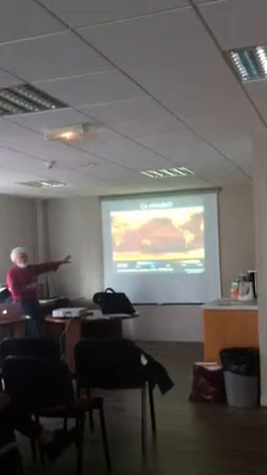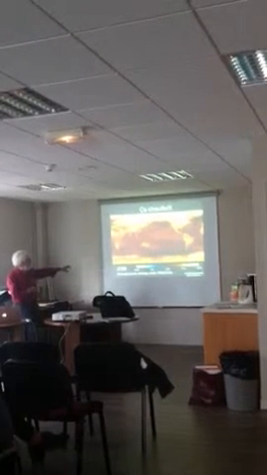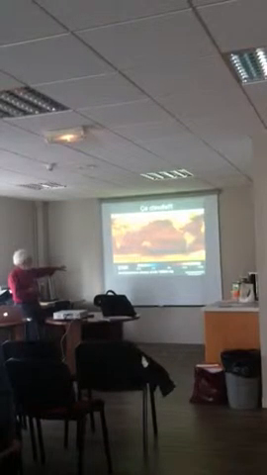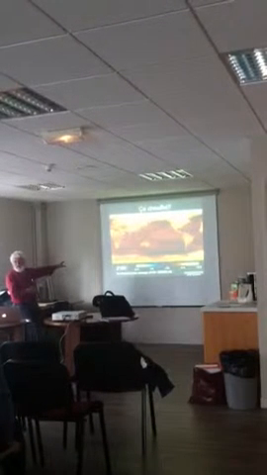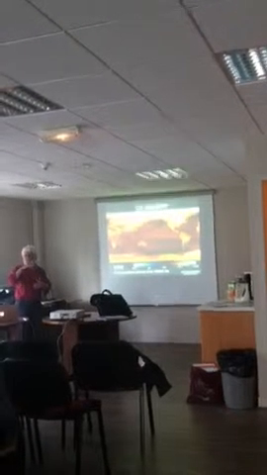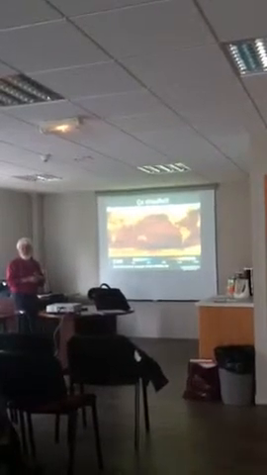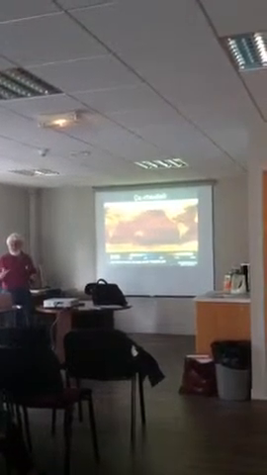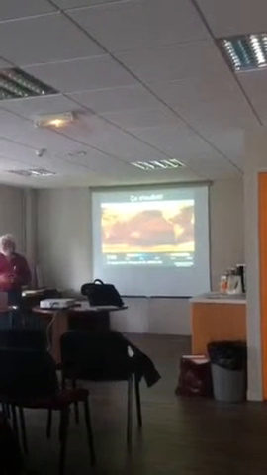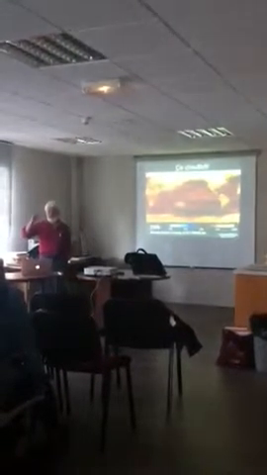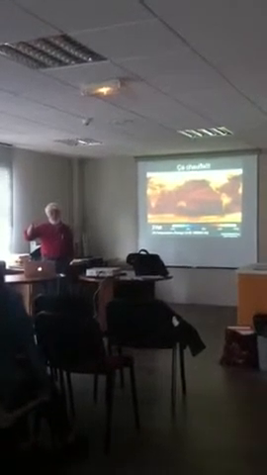This is a model which predicts that the temperature of the Earth will increase by 3 degrees in 2100. So if the temperature remains below 2 degrees, the average increase in temperature, this is okay. If it goes beyond that, we don't know what will happen, because we have seen, for example, in Terra oceans that a change in 1 degree of temperature has a huge impact on the bacterial composition of the ecosystem,